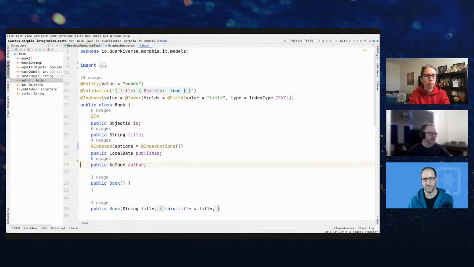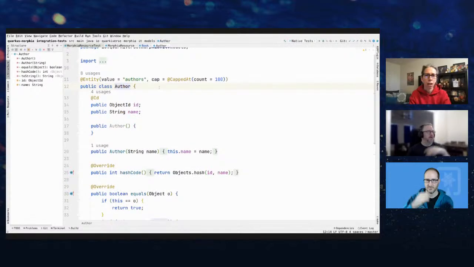So you can actually do this, and you'll see that author is no longer a reference. It is actually just a field on the object. And so what will happen is rather than having the ID stored on the book document, where it'll say author: and then some object ID string, it'll actually have a whole other document embedded in the book document. So we're basically duplicating the author information inside the book. And this is what's known as an embedded object in Morphia nomenclature. So if we look at author,